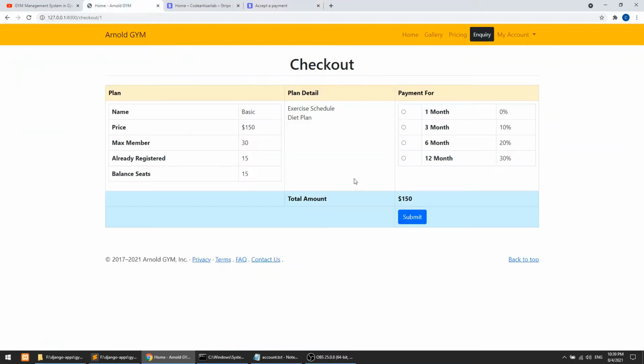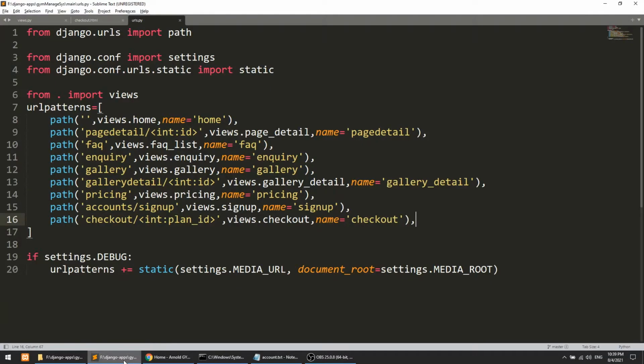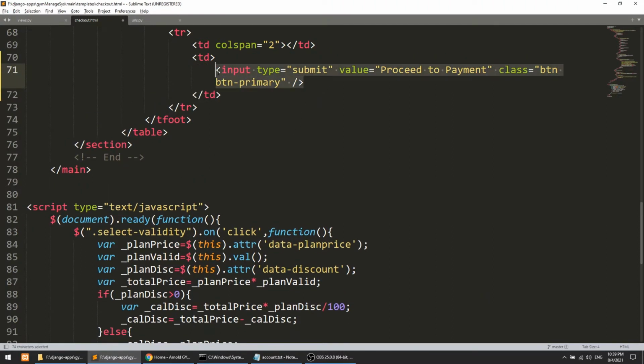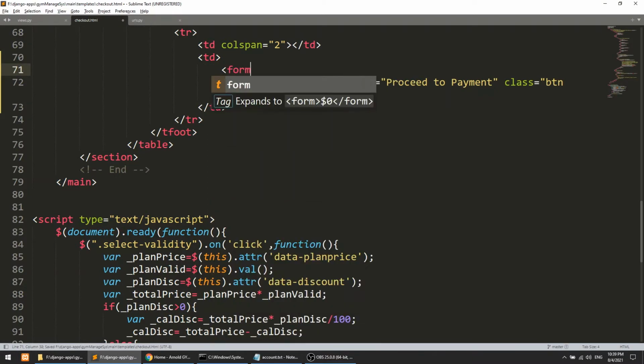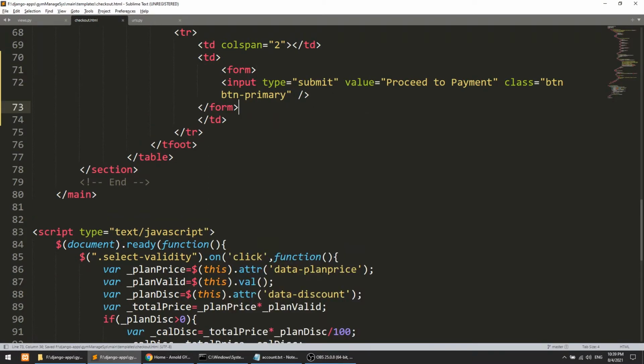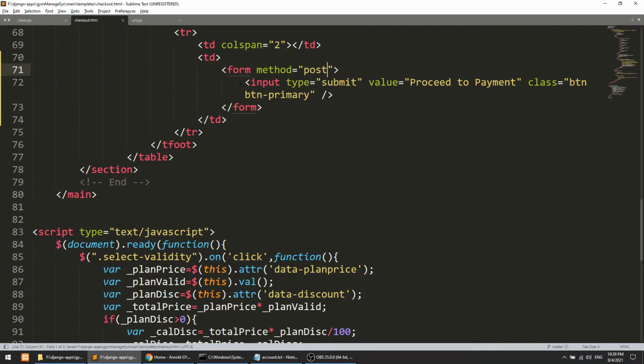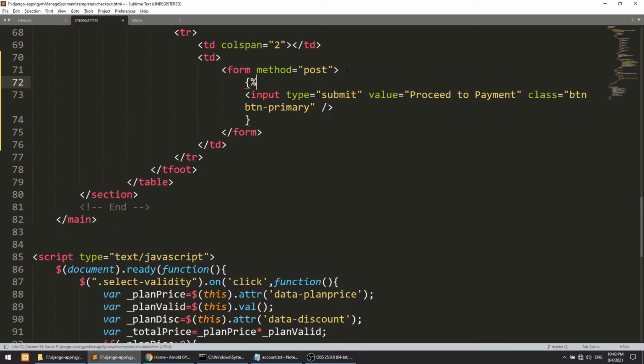We already have a checkout form, we just need to create this button. So let's go to the checkout HTML. I will not comment this out, I will add this in a form. The method is post, and if you are using post, then we need to define the CSRF token. We have defined that, and we need to provide the action. I will provide some action that we will create later. So let's create checkout session.